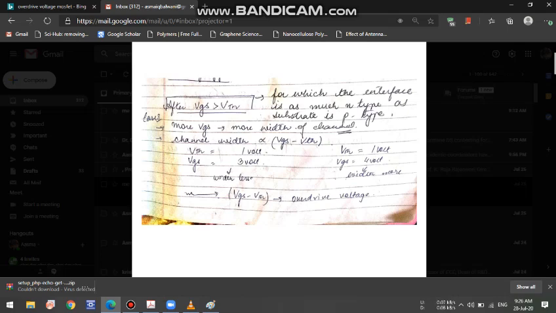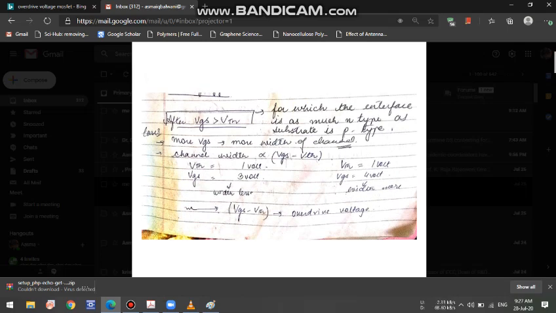Now, this VGS minus VTH is called the overdrive voltage. Overdrive means that it is the voltage which is present in excess. Excess of what? Excess of what is required to make the channel, that is, excess of VTH. Whatever is more than VTH, that voltage VGS minus VTH, is called the overdrive voltage. And why is it called the overdrive voltage? Because it overdrives your MOSFET into saturation. We will discuss this overdrive voltage again when we come to the saturation mode of the MOSFET.